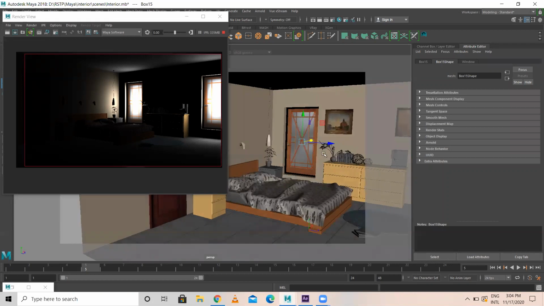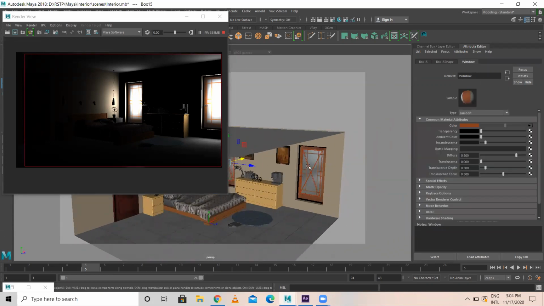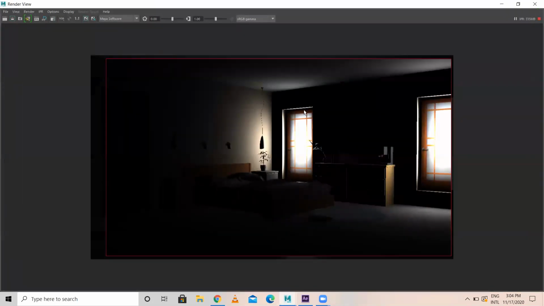Now I select this image. The window image is there, no? The texture I have applied over here. In the window, I'll give a little bit of ambient color. Incandescence, okay, if I reduce incandescence, if I increase, okay, no incandescence. Something is fine. Like this is okay. Okay, now it's looking like this.